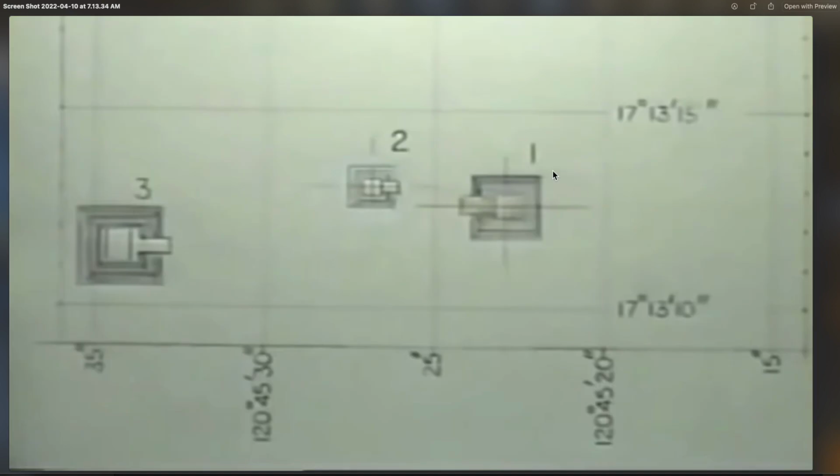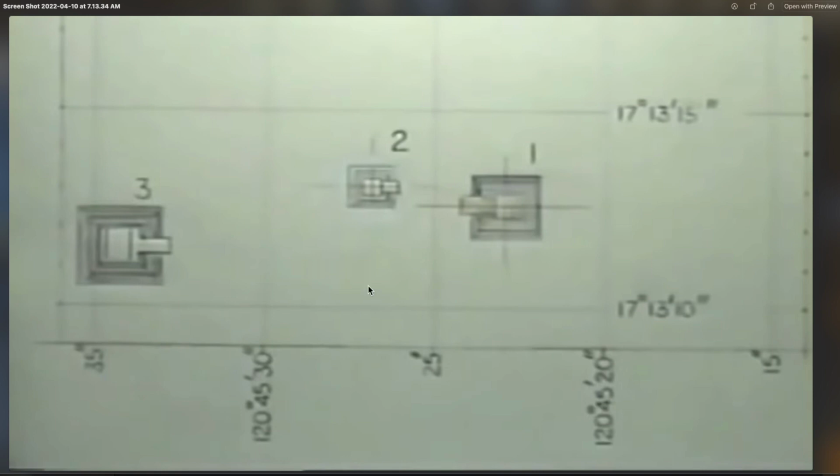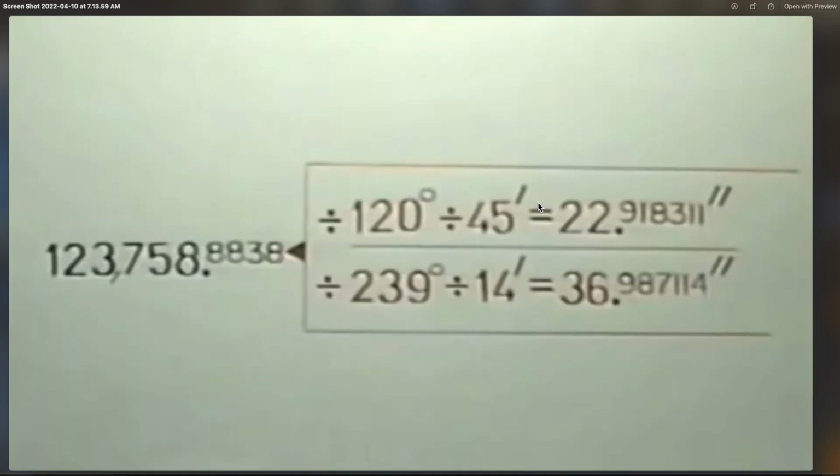Temple 4 is somewhere over here. But if we look, 1 is the only one facing west, while the others are facing east. That's a hint. What are we supposed to do? Well, if we see, since the Great Pyramid of Giza is the prime meridian, the 0 point, not Greenwich, England, in this ancient system, we see Temple 1 is exactly 120 degrees, 45 minutes, and 22.918311 seconds